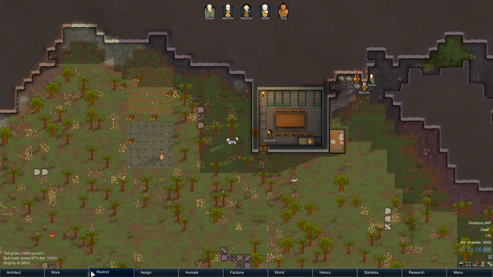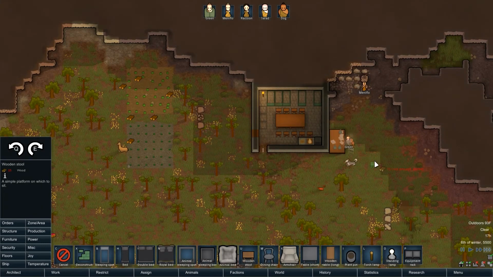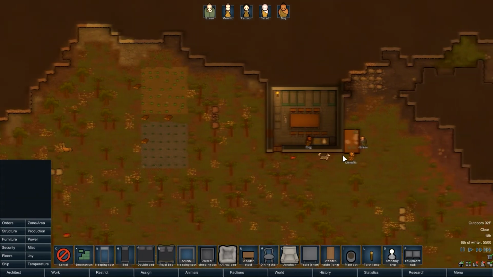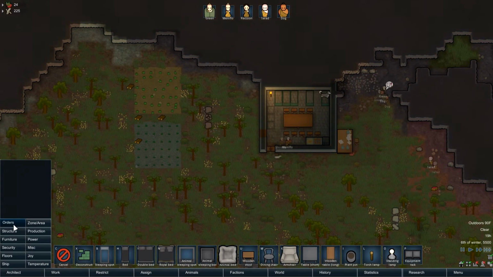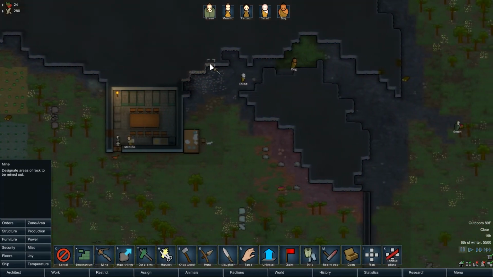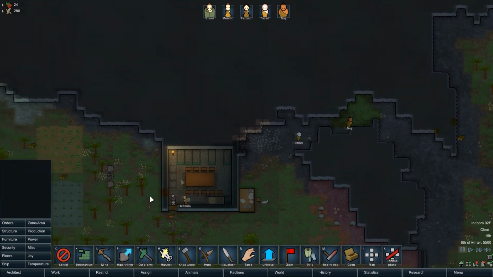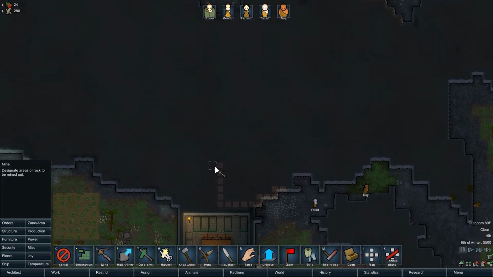All right. And we need one more bench for the research table here. There we go. Green's already hard at work researching. All right, so we're good there. We're in good shape. We're starting off real well here. We probably need to go ahead and mine in here. And I'm going to make some bedrooms in here, I think. If I can...